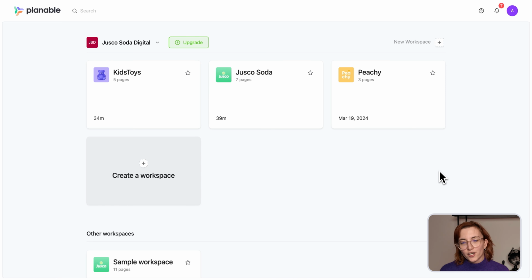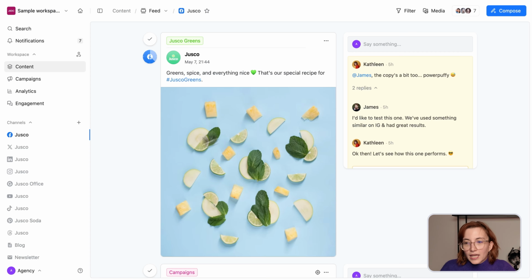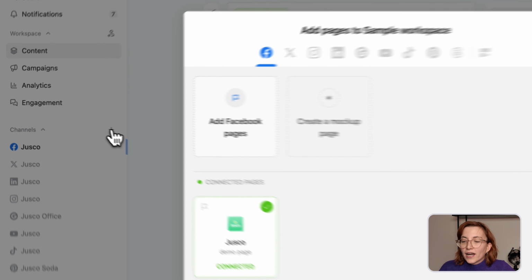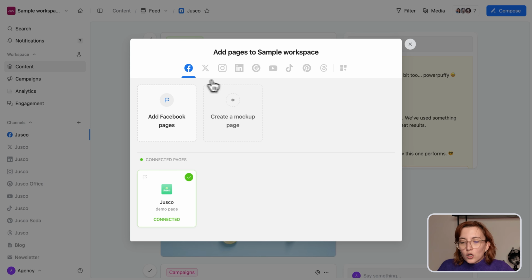This is our main dashboard. Here you can find all of your clients or brands organized in workspaces. Each workspace holds all of the relevant content and people within it. Inside your workspace, you're gonna find all of your pages in the sidebar, and you'll be able to add more as needed. Here are all the social media platforms that we support, and we also have a dedicated space for